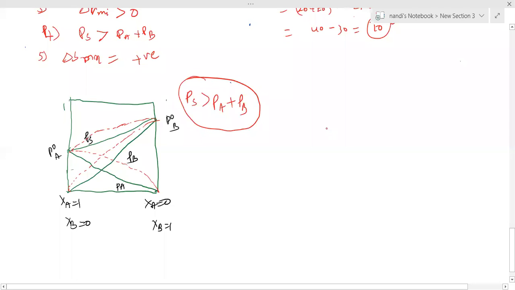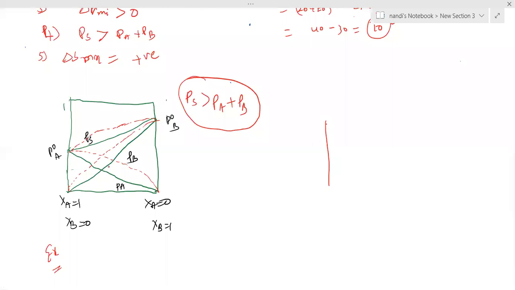Negative deviation, you can see the graph is very simple, exactly opposite. We can note down examples and see them later. Please note this down. Once completed, let me know.